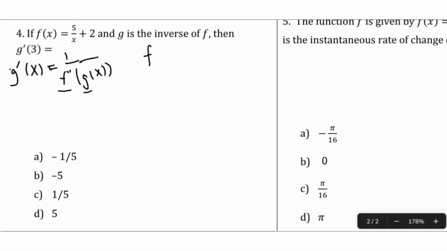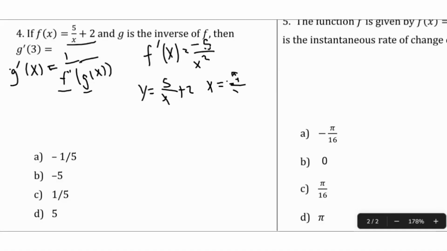So let's find f prime of x first. f prime of x equals, the derivative of this is negative 5 over x squared. That's just some power rule there. And the derivative of plus 2 is just 0. And now to find the function for g, well, we know that g is the inverse of f, right? So if we say y equals, I'm just writing out the function for f here. If we know that g is the inverse of this, we can just switch x and y. So we can say x equals 5 over